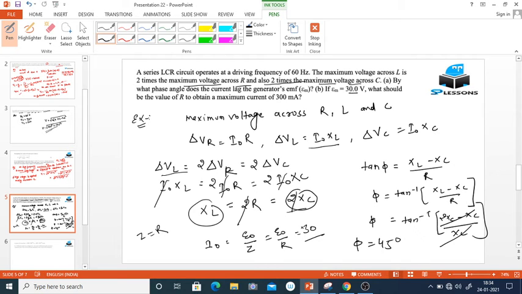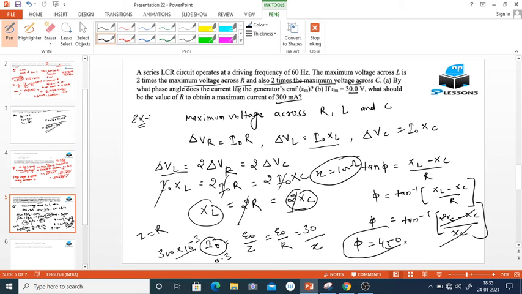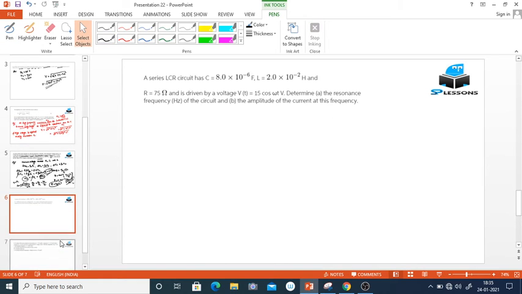Okay, and the resistance R, which we can find out here is considered as X, and the current is equal to 300 milliampere, so we can write 300 multiplied by 10 to the power minus 3, which is equal to 0.3. So the resistance X is equal to 100 ohm. Okay, so we can write phi equals 45 degree and X equals 100 ohm. I hope you understand. Go through the next question, and it is also a good question.